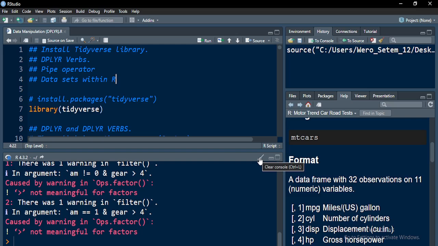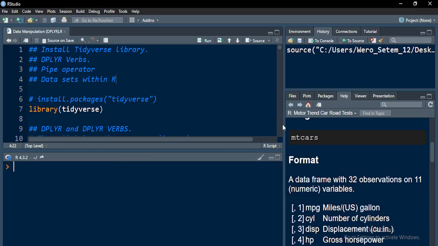dplyr has its specific verbs, and as you know, verbs are doing words, that is in English, but here there are specific verbs that make it easier for you to wrangle or manipulate your data. And data manipulation will take you nearly more than 70% of your time as a data analyst. So I will be using the dplyr package, so you can specifically install the package dplyr,